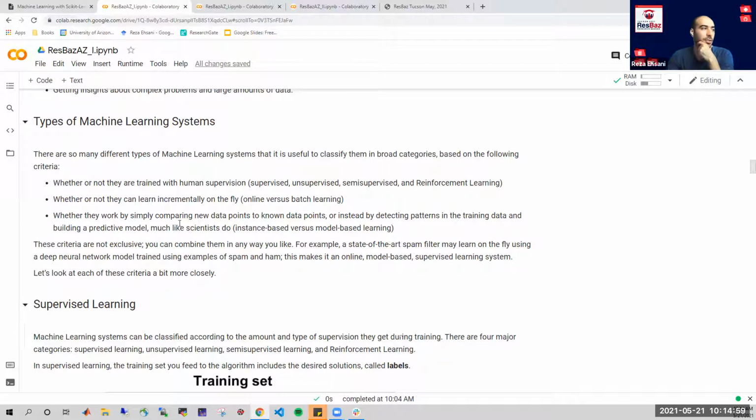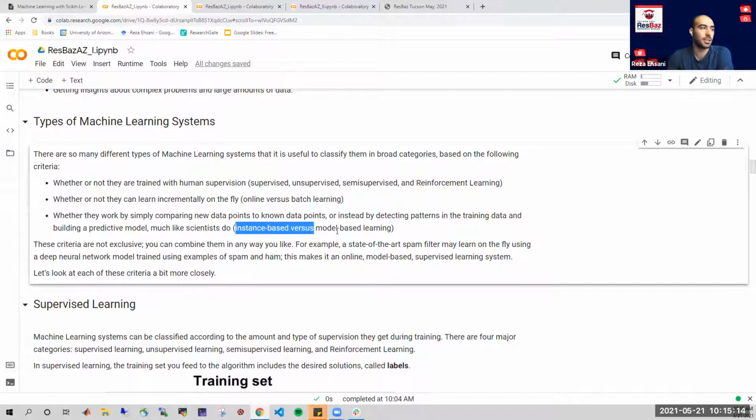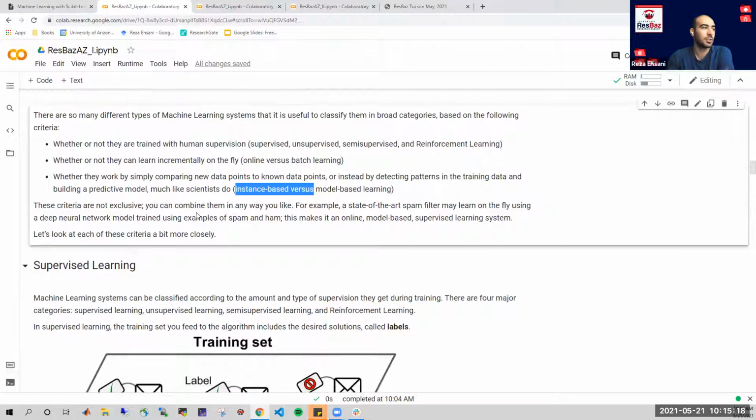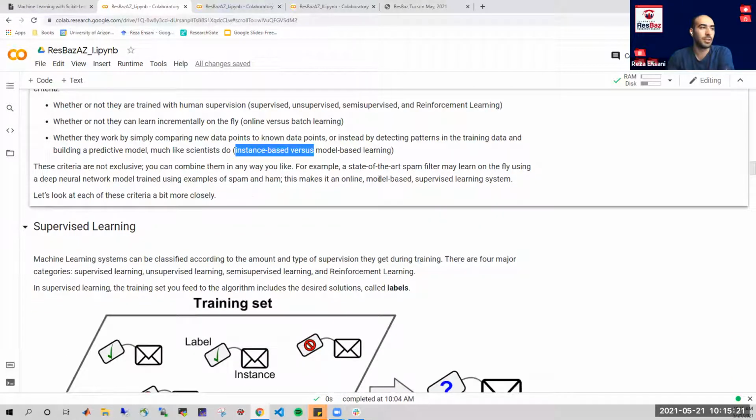Another category is based on comparing new data points to the existing data points, or whether we try to learn a new model, and based on that, define our method, which includes the instance-based versus model-based learning. And these criteria are not exclusive. We can combine them. For example, we can have a deep learning model for spam filters, which is online, model-based, and